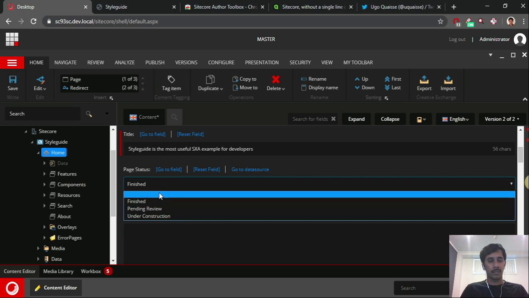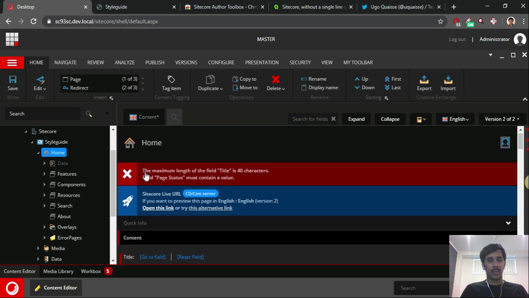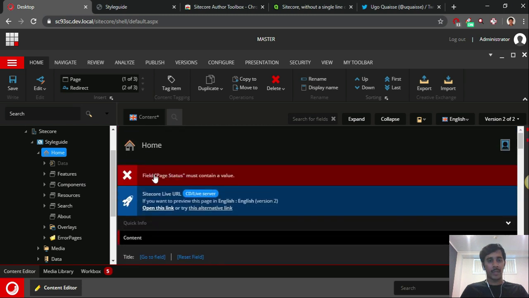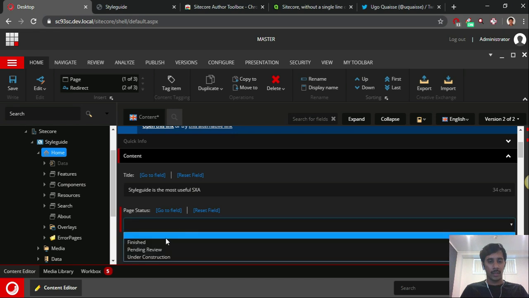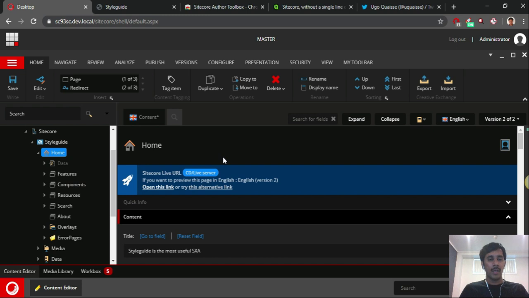Just imagine if I'm removing the value, and you see this is a kind of dynamic grouping of messages. So field page status must contain a value. And the same way, if I'm removing this limit, now if I tab out, there is only one message now. Now if I select some value, yeah, sure.